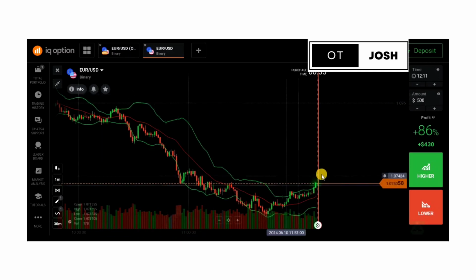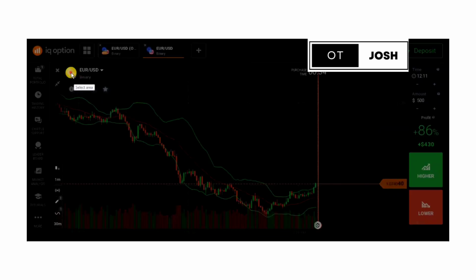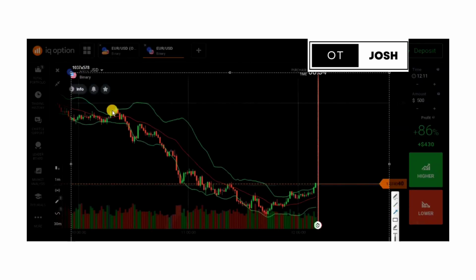Now what I want you to take note of is this part of the market that goes from here, from this two deviation to the middle Bollinger Band. It comes to the two deviation again. It could not get there, but one thing I want you to know, it came here and comes to the middle, it came here and comes to the middle, it came here and comes to the middle again. Once you've seen this happening, then you can do the trade here.